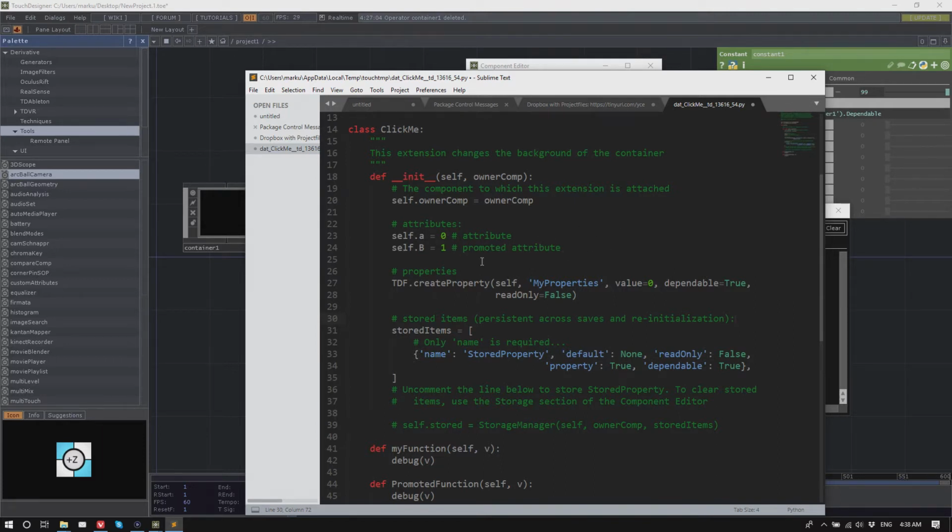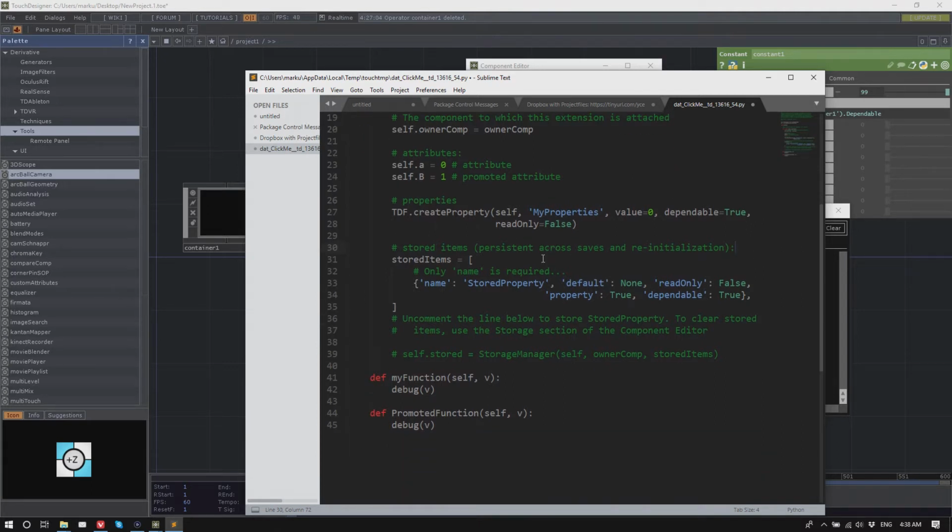So they will be reset every time you restart Touch, while these stored items you can actually save across. If you restart Touch or you reinitialize this operator, these values would stay the way they were last when you changed them.